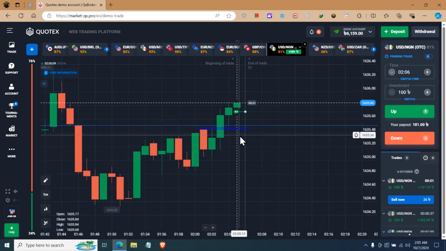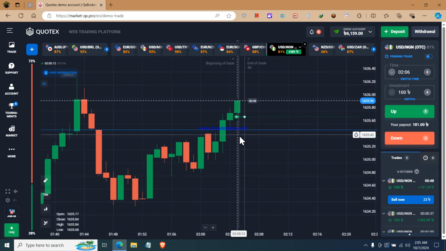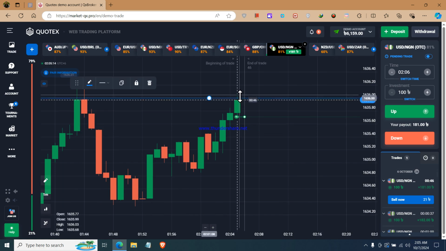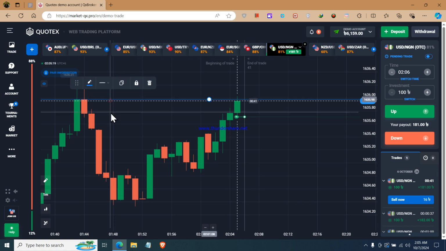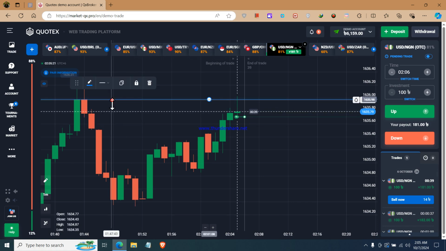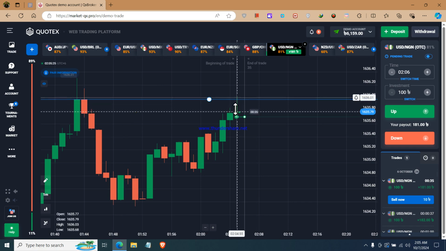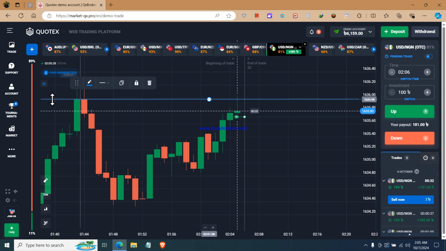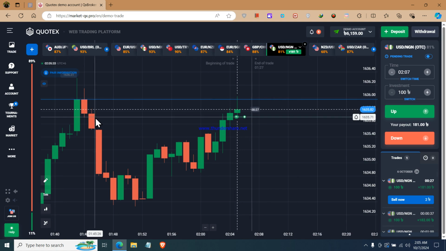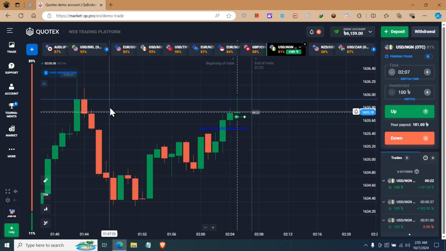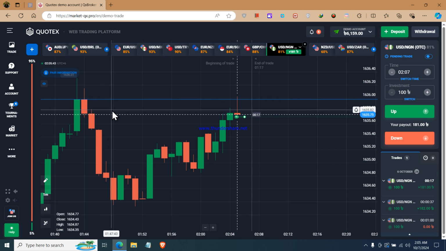Let's see what happens, because I don't see any level. Okay, I don't see any level to this point. Okay, I don't see any level from this point to this point. Okay, this is the color changing level. The sellers can come here from this point, and they are entering very strongly from this color changing level. But this was my logic, that there is no level to stop the buyers from becoming a green candle, except this one.